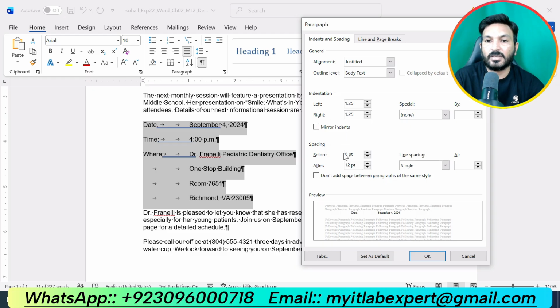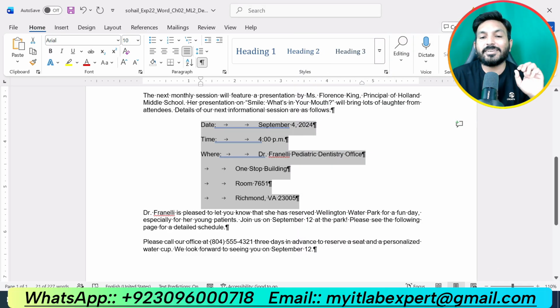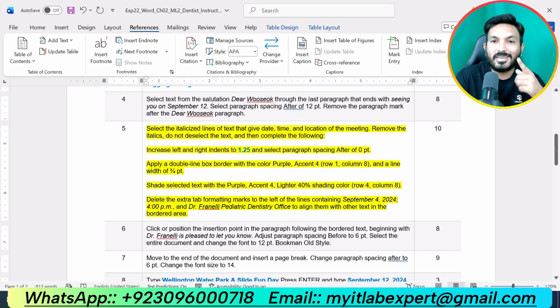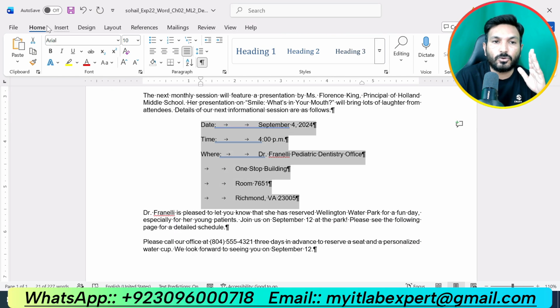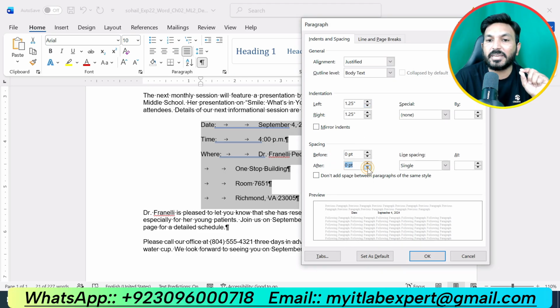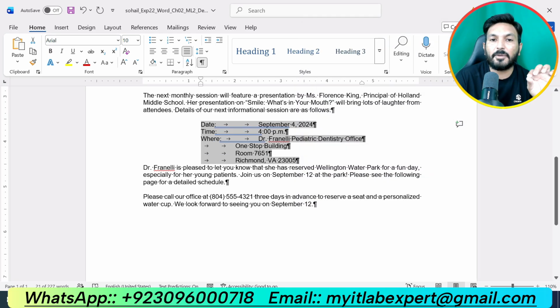Now we are supposed to make the paragraph spacing after to 0 point. So again we go to the paragraph launcher, go to the spacing, go to after spacing and make it 0 point. So we have made the spacing after to 0 point.